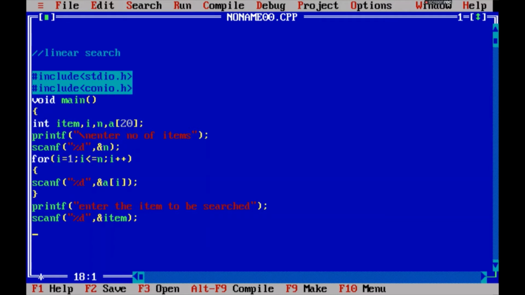Next we will check each item. We will start a for loop for i equal to 1, i less than or equal to n, i plus plus.